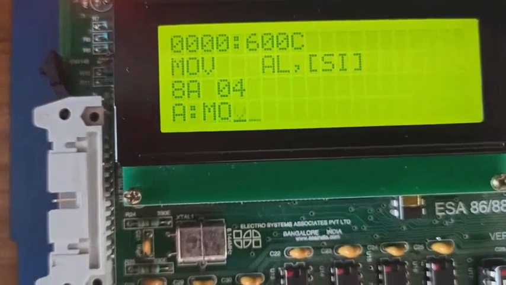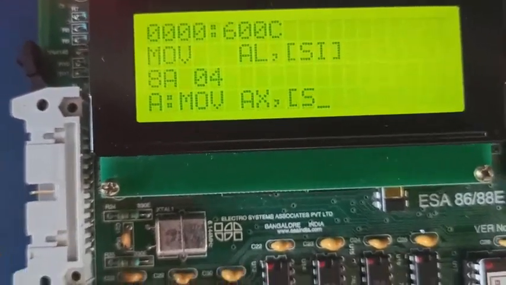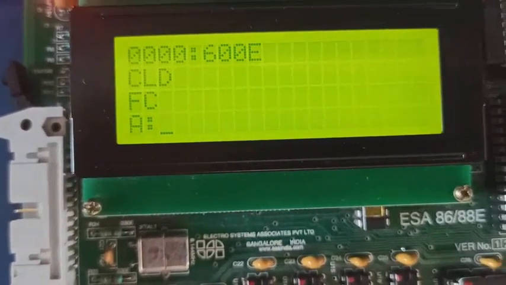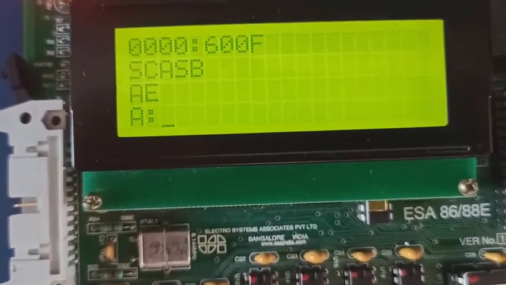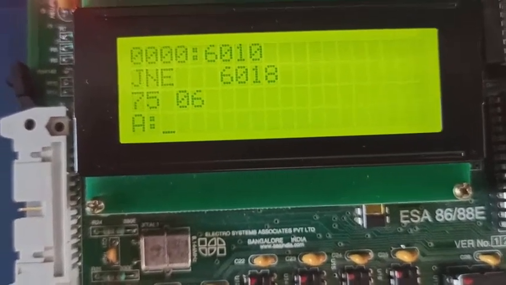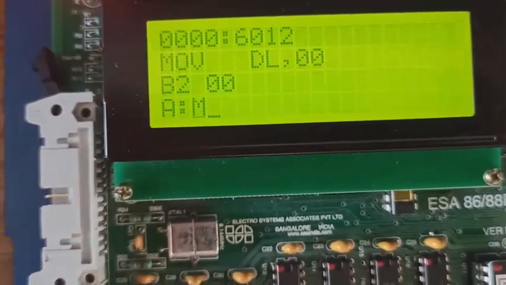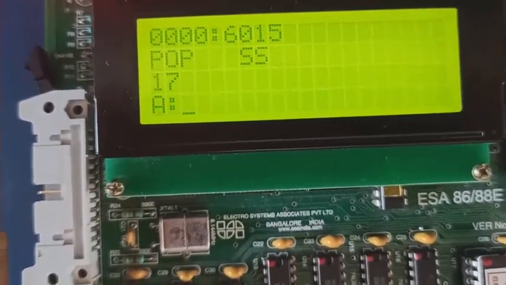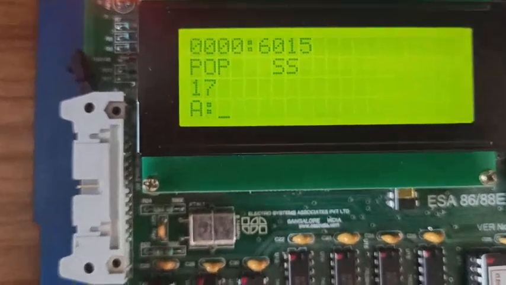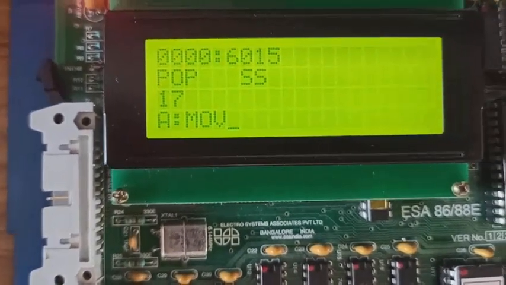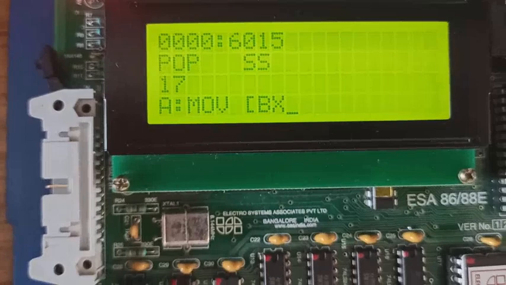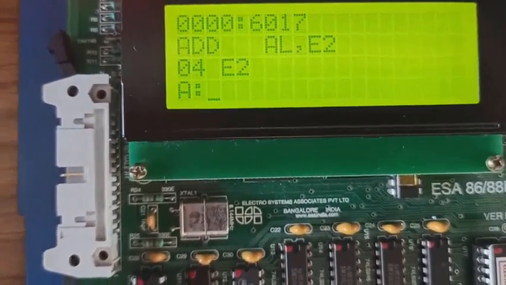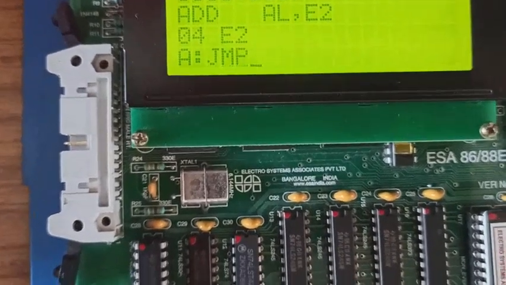Now here MOV AX, SI, CLD, scan string, JNE X, so MOV DX, 0000, so here also, then MOV DX, DX.